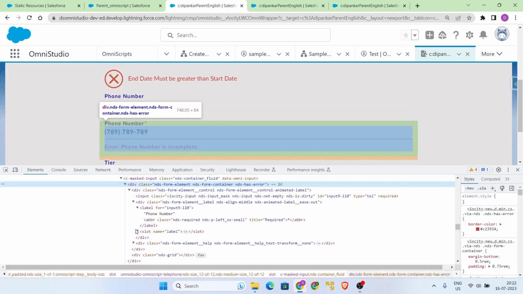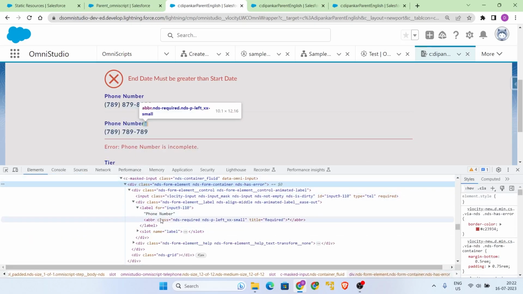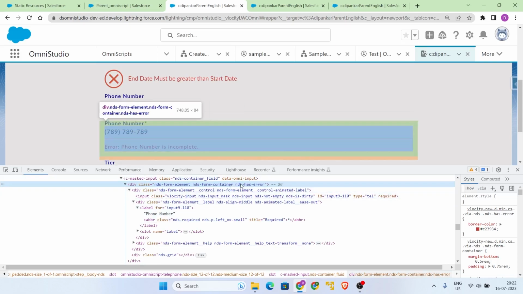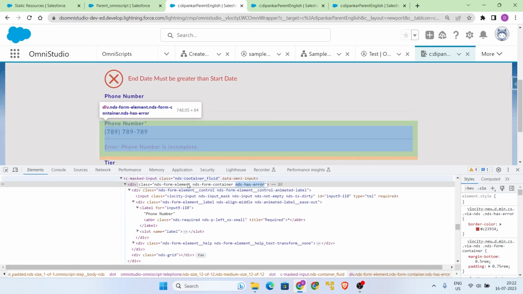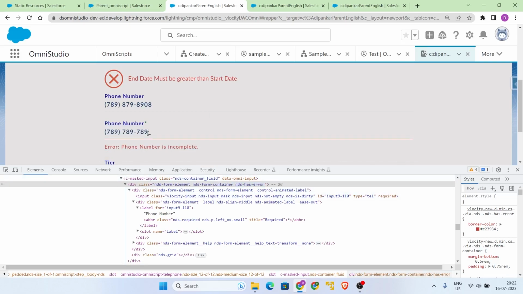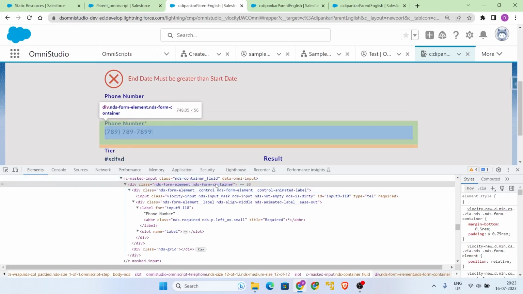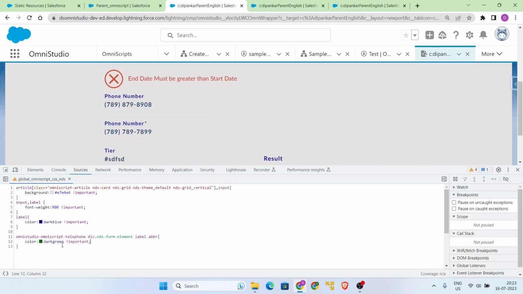I'll again click on inspect. I can see there is also a hash error, NDS hash error, right? Notice as soon as I type something and the validation is perfectly fine, there is no validation error, and the NDS hash error will be gone. So let's see. If you see, NDS hash error has gone. So the same thing we can do,